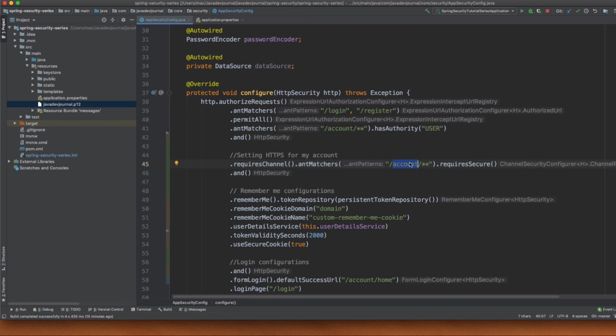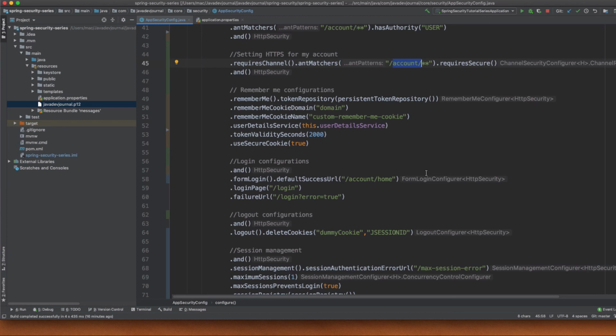You will be automatically redirected. Even if you are on HTTP, Spring Security will automatically redirect you to HTTPS. All right, so this is the overall configuration. For example, if you want to make sure that the entire application is on HTTPS, you have to tell Spring Security the pattern saying any request should have the required channel HTTPS. Then Spring Security will automatically start taking care of all those things.